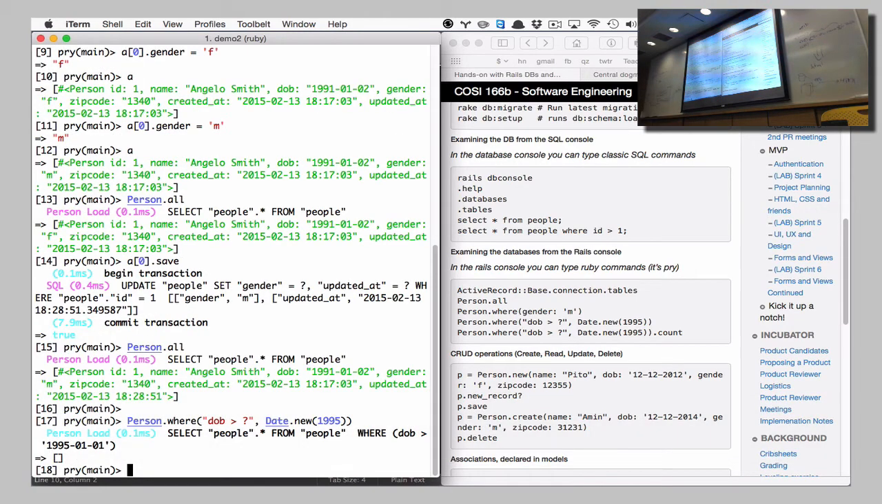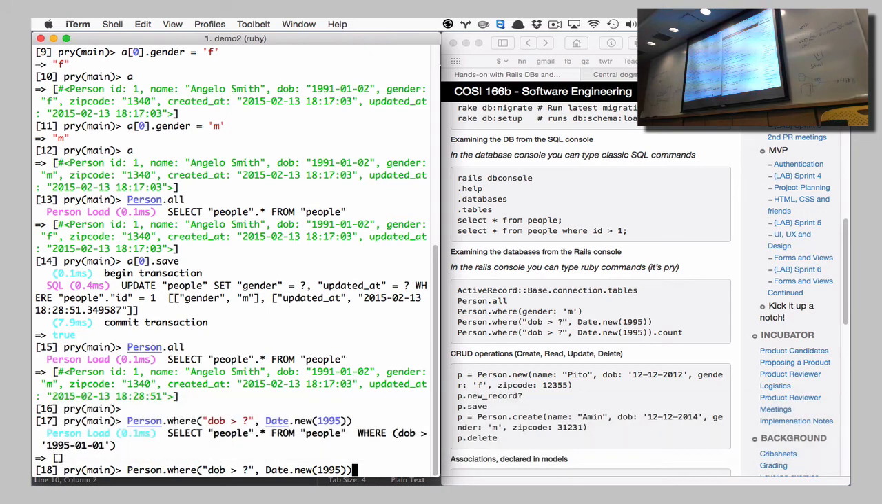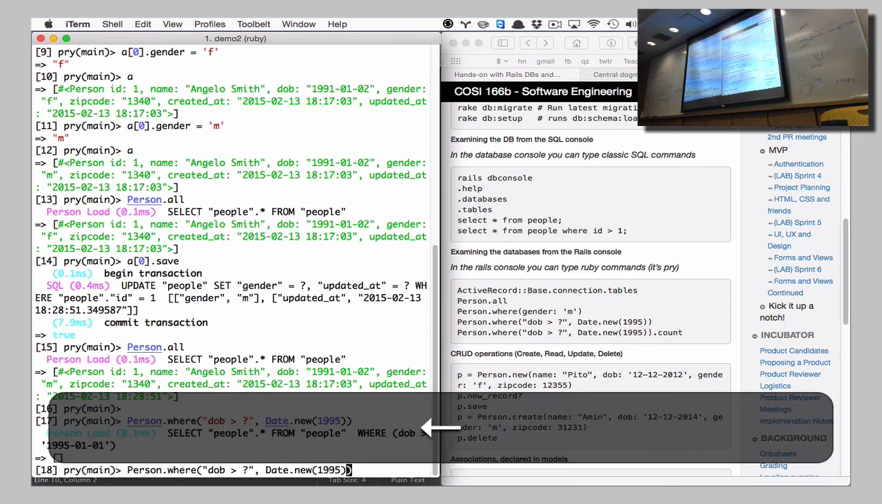Nobody in my database, according to this, was born after 1995. Is that correct? No, it isn't. DOB. Oh yeah, he was born before. No, he was born in 1991. Yes, correct. But if instead of 1995 we go 2012,